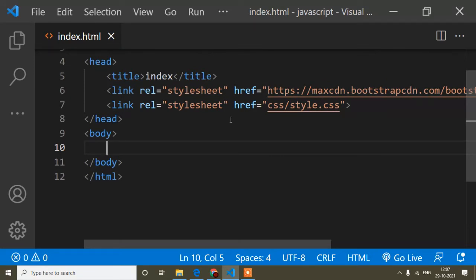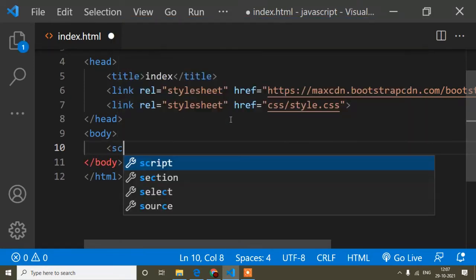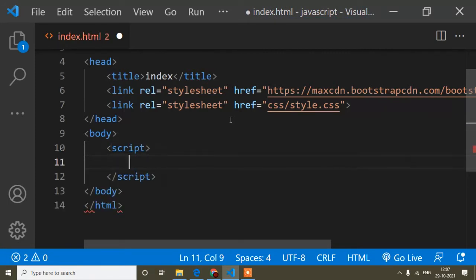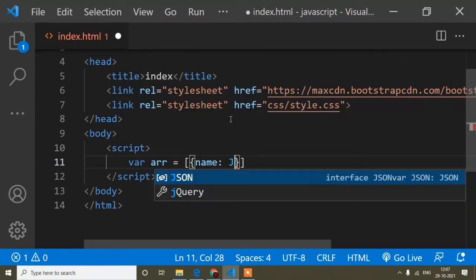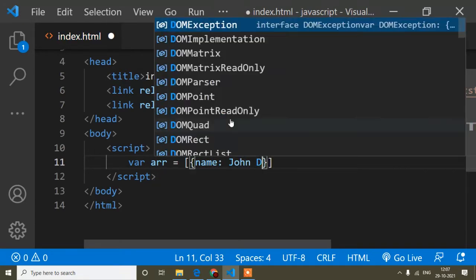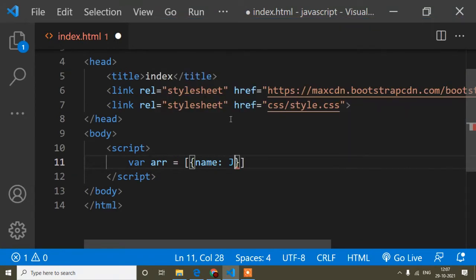Suppose I write a script tag, and then I have a variable, and the variable is an array, so I will write arr. This is an array variable, and here are two objects. One has the name, suppose, John Doe, and this name I have to write inside inverted commas because it is a string.